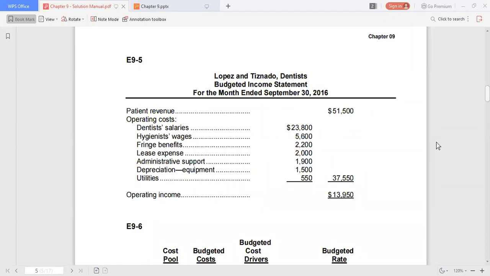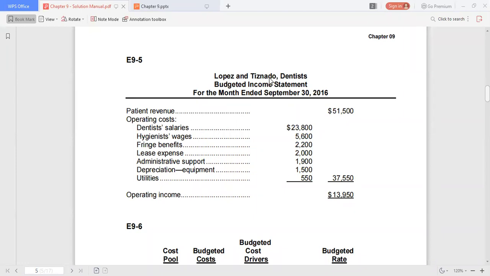2,200. Lease expense, 2,000. Administrative support, 1,900. Depreciation equipment, 1,500. And utilities for 550. And we have now the operating income of 13,950. Next, we go to, now by the way, we are still dealing with these income statements but focusing on